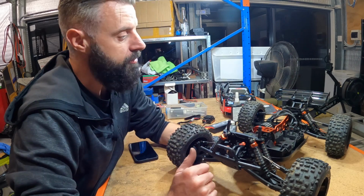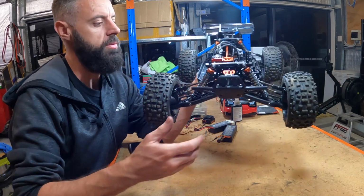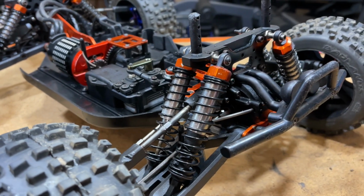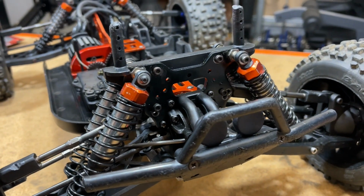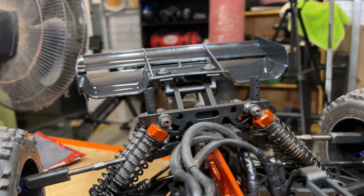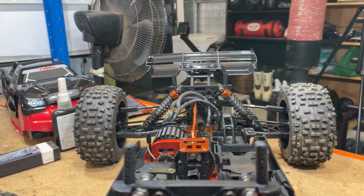I don't know if the camera's going to pick it up, but I have fed in some negative camber onto the front wheels, purely just because I think it looks cool. And yeah, most of the rust is now all gone. In fact, I'll try and overlay some before and after shots, but we now have pretty much a corrosion-free chassis that's left. About the only bits that are sort of particularly ugly now are the nuts and screws down the center section here, but pretty much everything else is cleaned up really well,